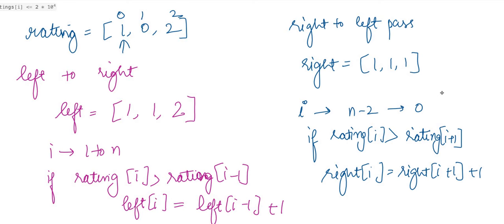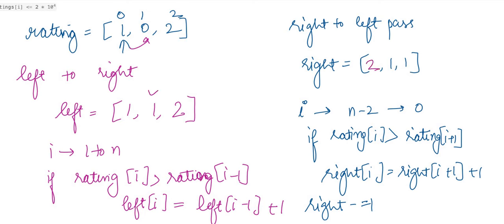When you are coming to 0, if it is not, do right minus equal to 1. Go 1 index back. So at 0th index, compare it with I plus 1 index, which is 0. Yes. So 1 is greater than its right neighbor. That means go to 0th index and increase the value. So here it will be 2.